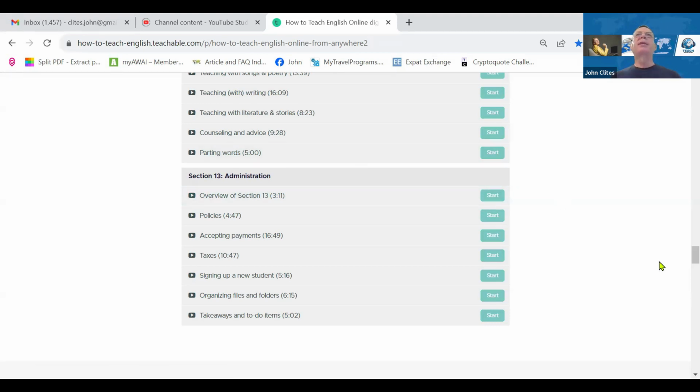And so that's really kind of the end of the teaching sections, but there's one final section here on administration. This is a job, and there's pretty much administration on just about any job, I think. So we'll revisit policies here. Some of this repeats, but I've tried to put everything about admin together in one section for easier reference. So we'll talk about policies, accepting payments, and I need to update that section because there's just new stuff all the time. And so I'll need to keep that updated.